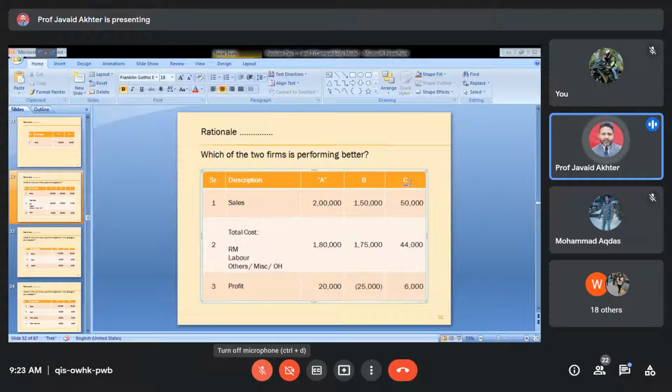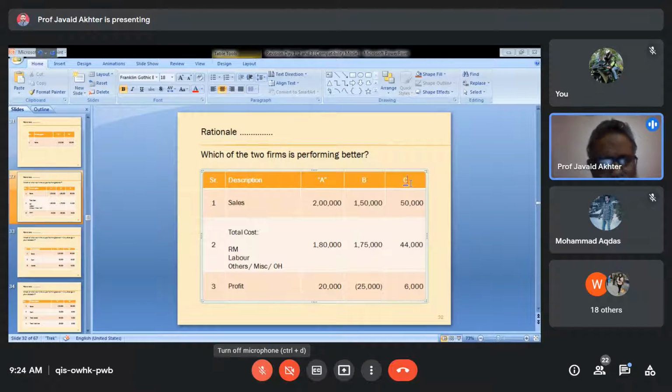At times it is possible that out of 3, 4, 5 products, 4 are profitable and one is giving us loss. So how do you come to know of this data? You will come to know of this data only when you have compiled the cost related information. Profit and loss account will not give you that information.